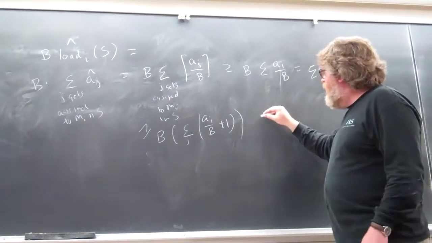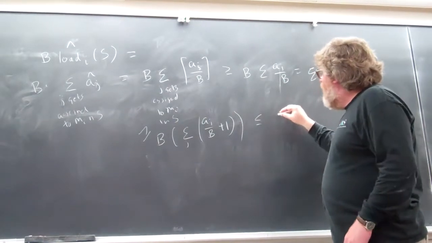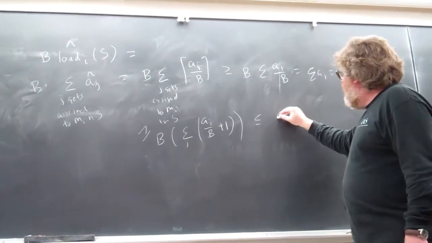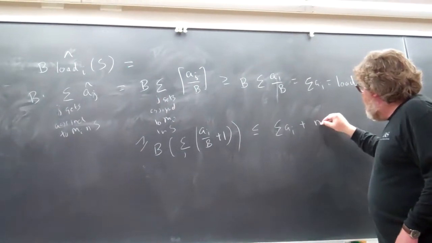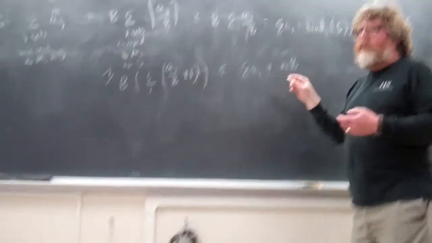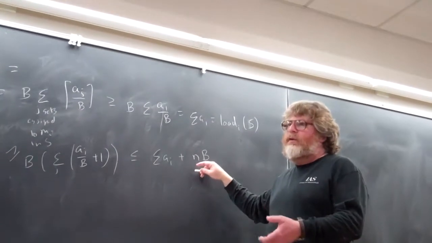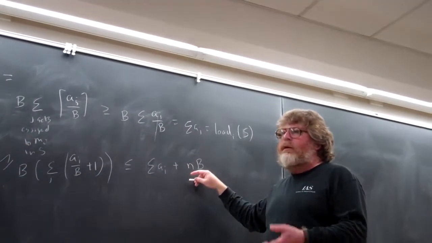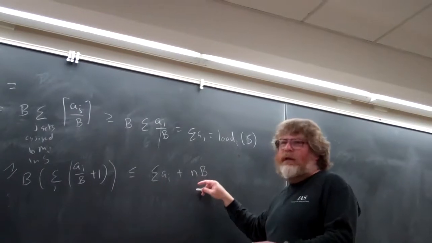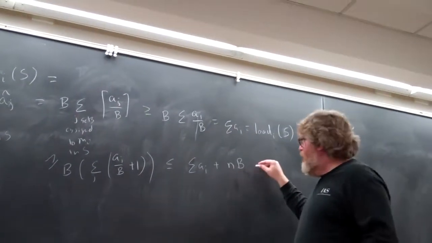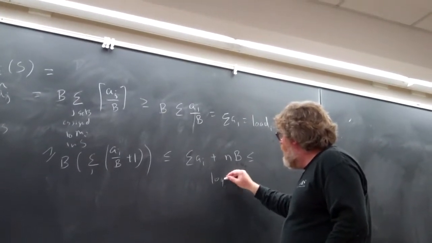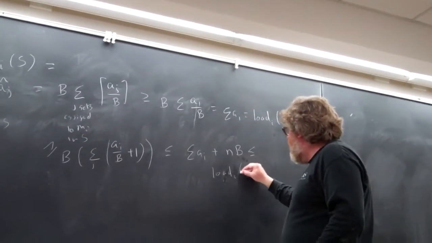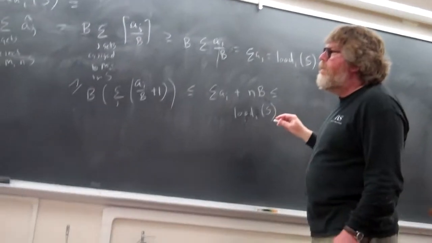Okay, so this is at most the sum of the original weights plus n times B, and we already saw that n times B is at most epsilon times the optimal solution. We picked B so that n times B would be at most epsilon times the optimal solution. So that's at most the load of I in the original schedule